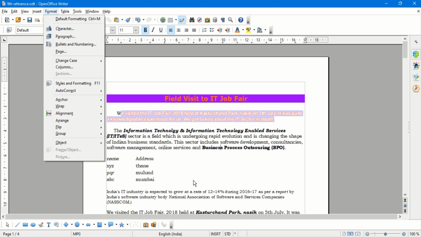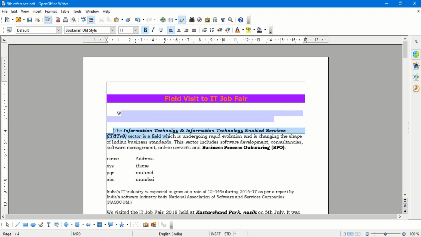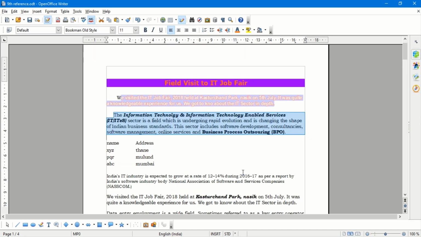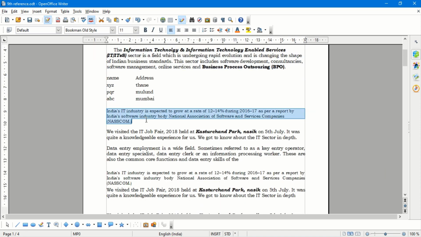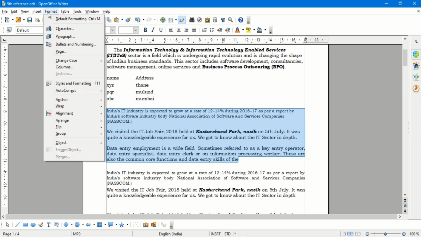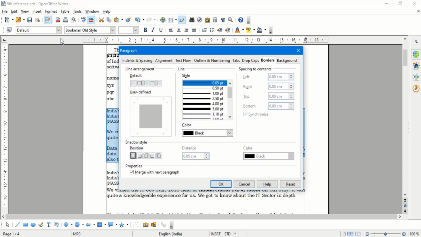The next thing is understanding how to format a particular paragraph. So when I click on a paragraph, suppose this is a paragraph, you know that whenever we press the Enter key after a full stop, then the line following it is considered a paragraph. So this is one paragraph, this is the second, this is the third. If I want to format particular paragraphs, I need to select the paragraph and click on Format Paragraph.